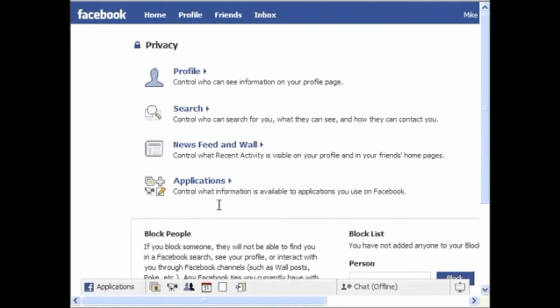A few other tips in Facebook, of course: keep your password to yourself, like always, and make sure you're the only person who knows the answer to your security question. As always, avoid sharing any personal information like your phone number, your address, when you're going to be home alone, or when your home might be vacant. And if you ever receive an inappropriate message from anyone,